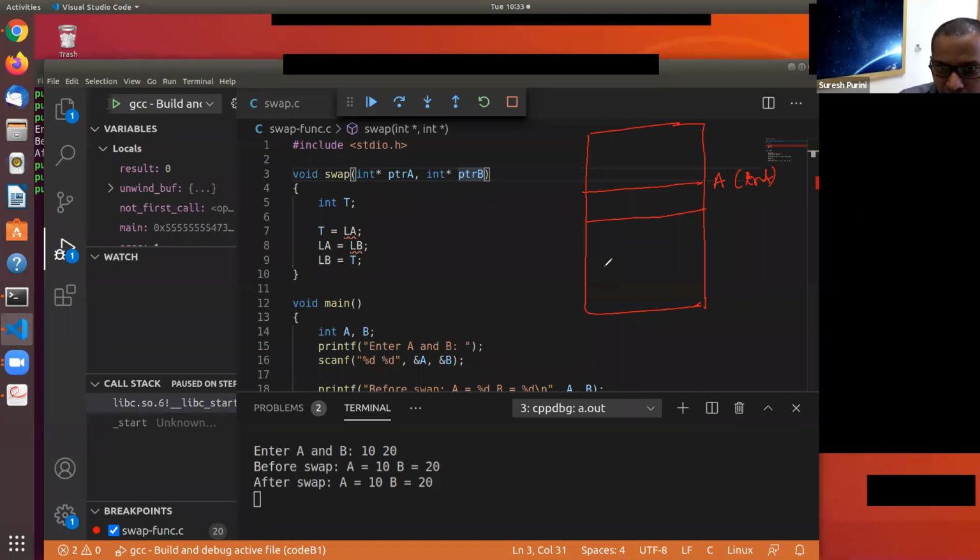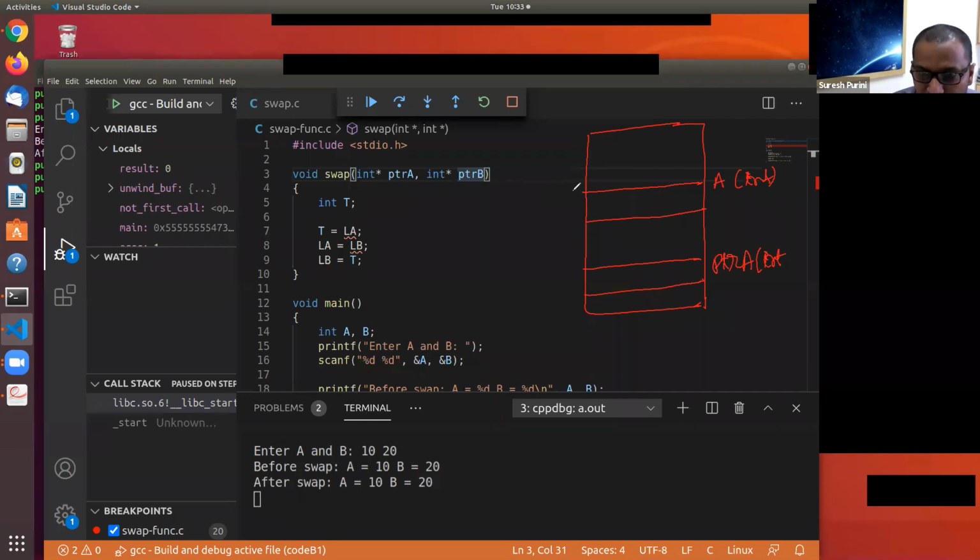And then we have another variable ptra. It is of type what is called a pointer to an integer. A pointer to an integer, its data type is written like this: int star. That is, it is a pointer to an integer. This is how in C we write a pointer to an integer.